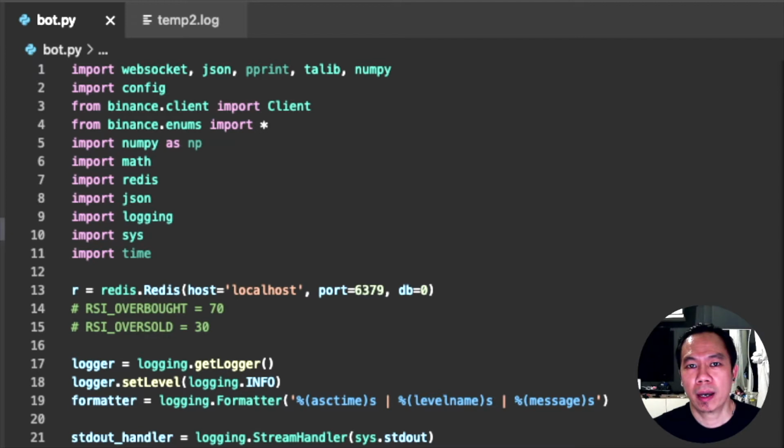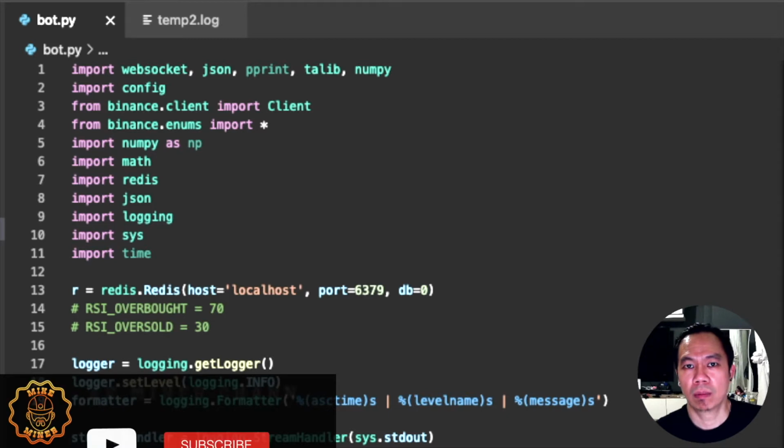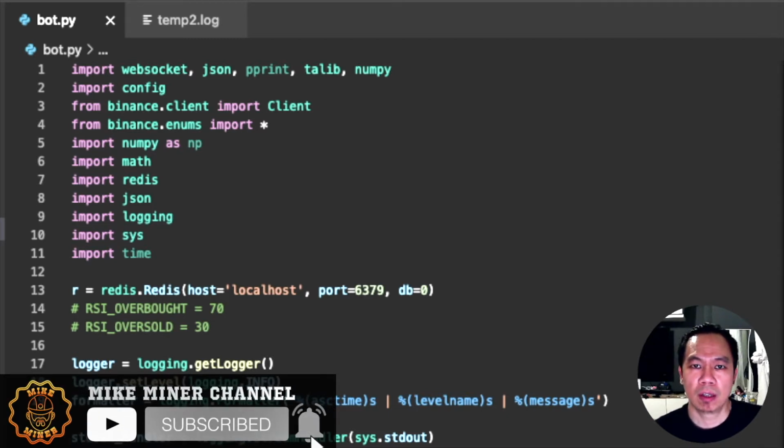Currently, I'm using my botMiner. I call my trading bot botMiner. It's written in Python, and it enables you to trade Bitcoin: you buy Bitcoin and at the same time you sell your Bitcoin. So the objective of this trading bot is that you buy at a low price and you sell